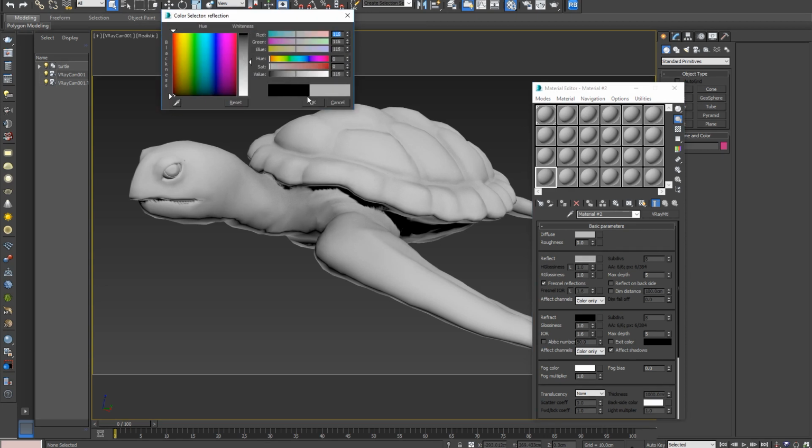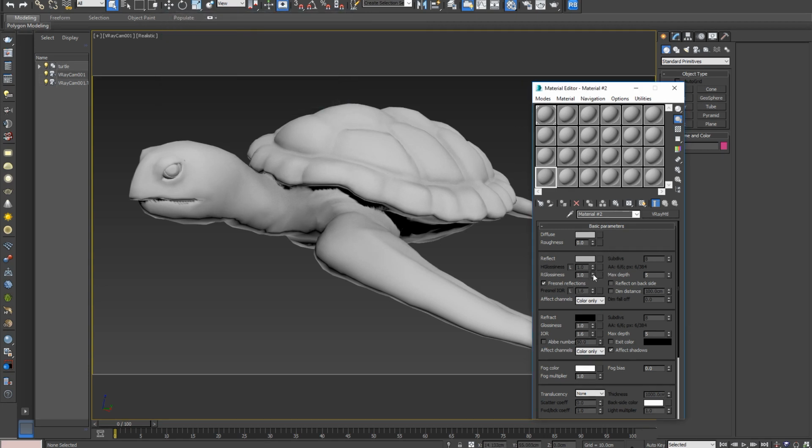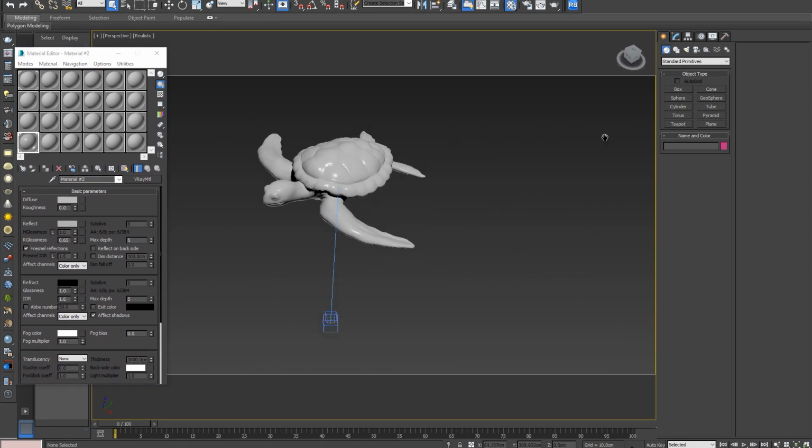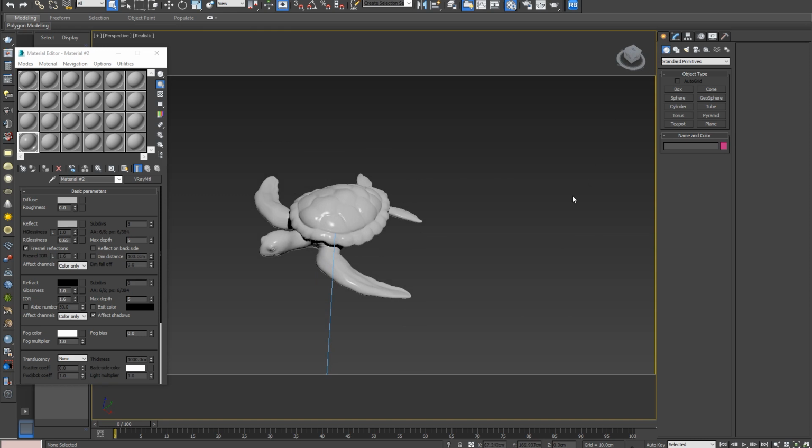Let's add some reflection. I want to have clay that has some reflection, glossiness, and add it to our model. Perfect. Let's move it in the left, press P to go in perspective, and let's create, actually let's go in